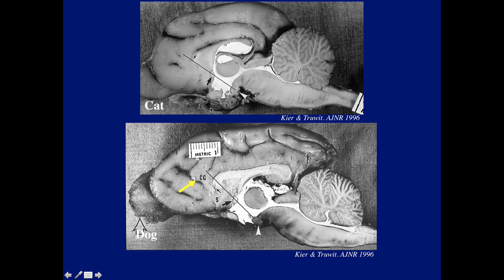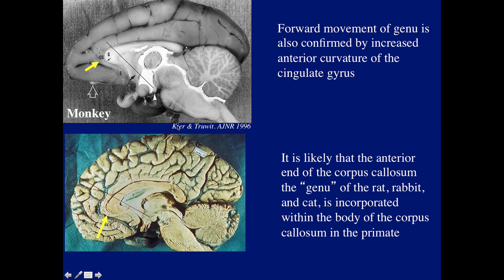Same thing in the cat. But notice in the dog, there's a little bit of corpus callosum now in front of the line. And definitely in the monkey, we see the beginning of a genu here, which is in front of this line, and also the cingulate gyrus is starting to curve again because of the development of the genu of the corpus callosum. And notice in the human,